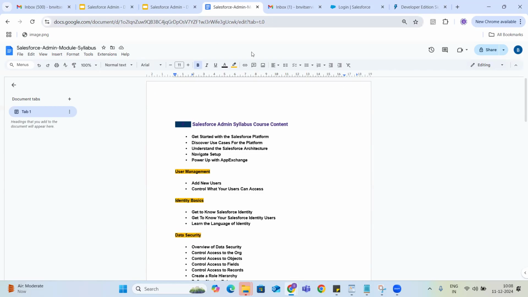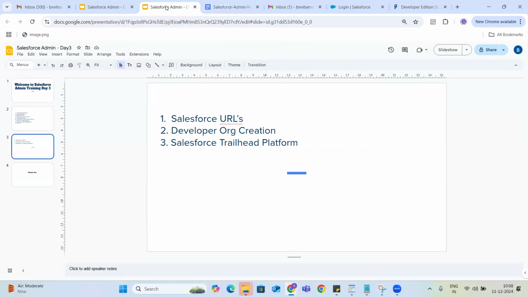Then the first topic in our presentation is the Salesforce URLs. Let me show you what the Salesforce URLs are. As you know, if you want to access any application, we should have a URL like gmail.com or youtube.com.